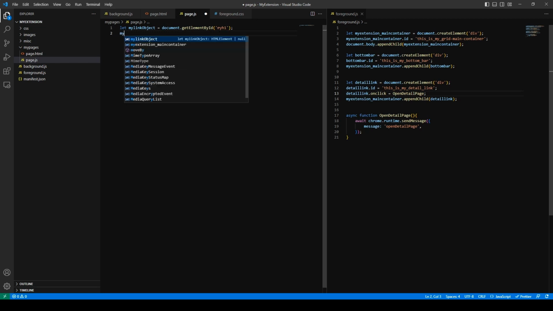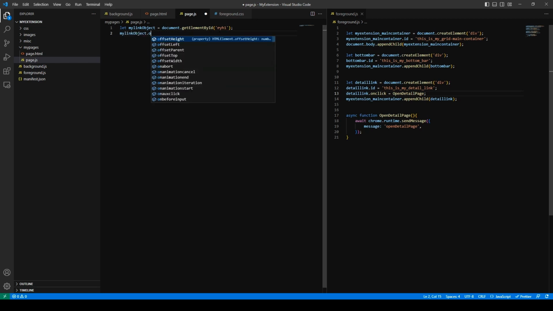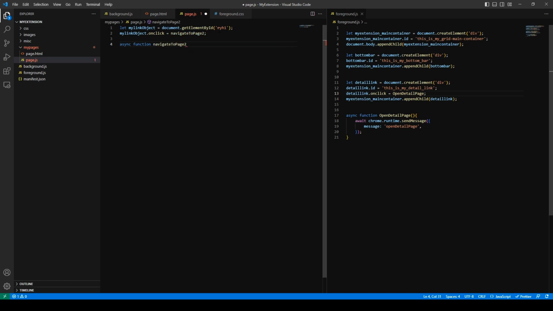And then I'll say my link object.onClick is navigate to page 2. Okay, so here I need a function, async function navigate to page 2, which then again